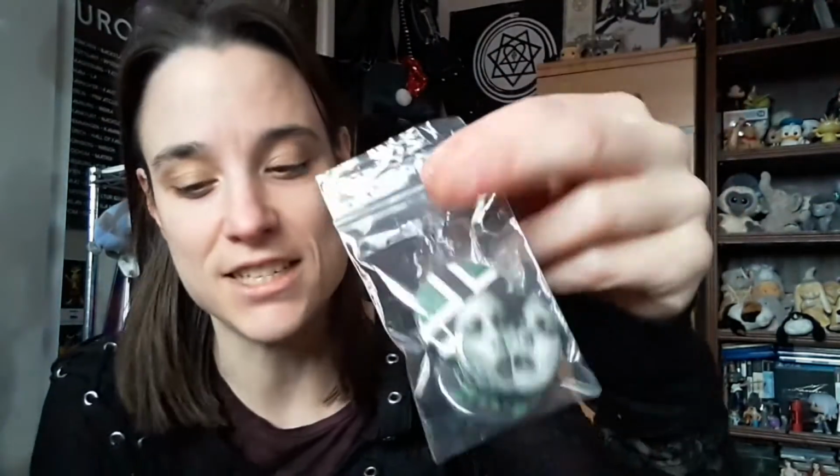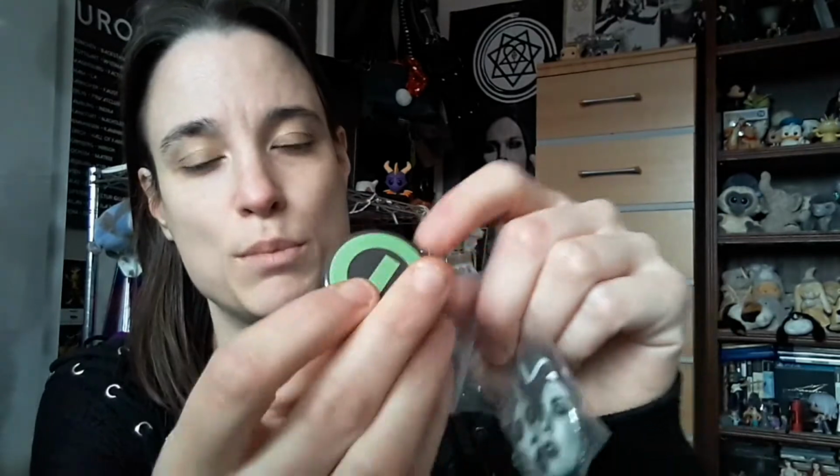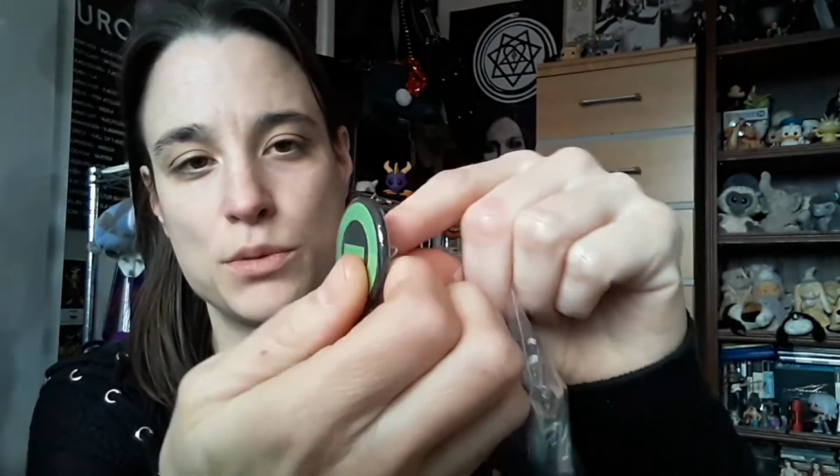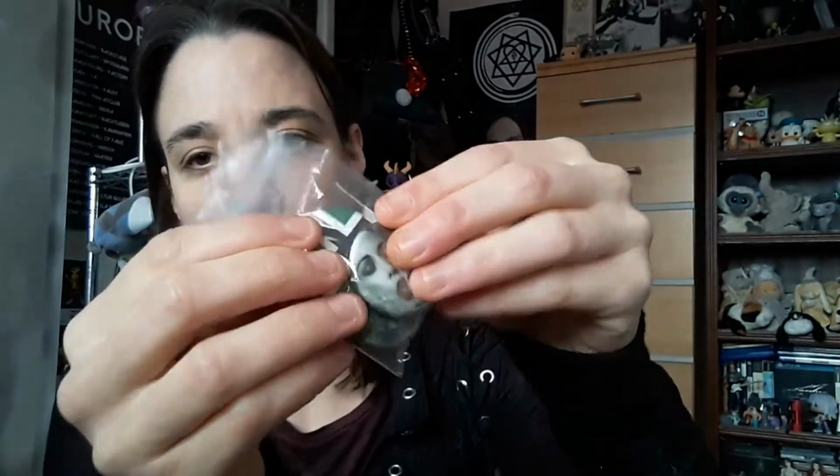And the last thing that finally came, probably Thursday or Friday, were these pins. As you can see, Type O Negative related. I think I'm going through a kind of Type O phase, and I just wanted a little memorial thing. So, little pin badges. This one replaces my enamel one. As you hopefully can see the size difference. And the other ones are...